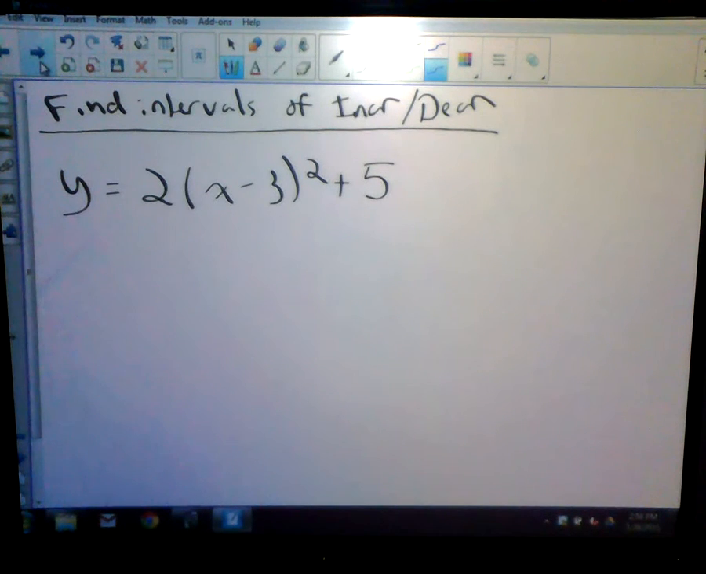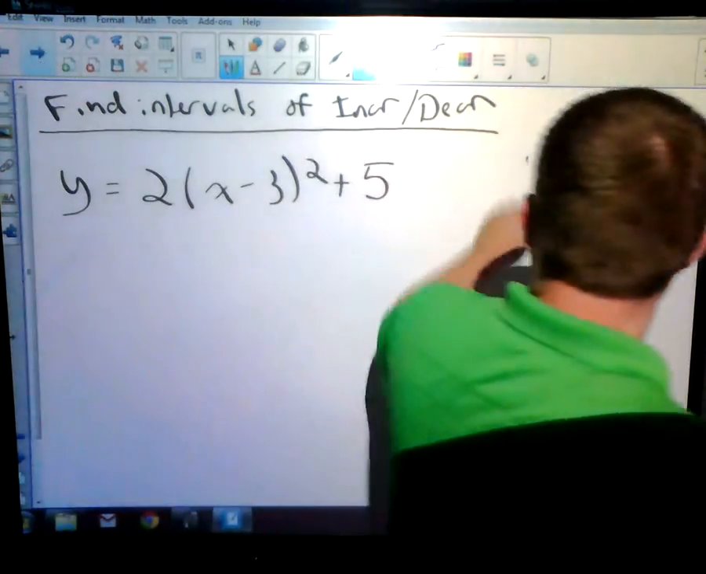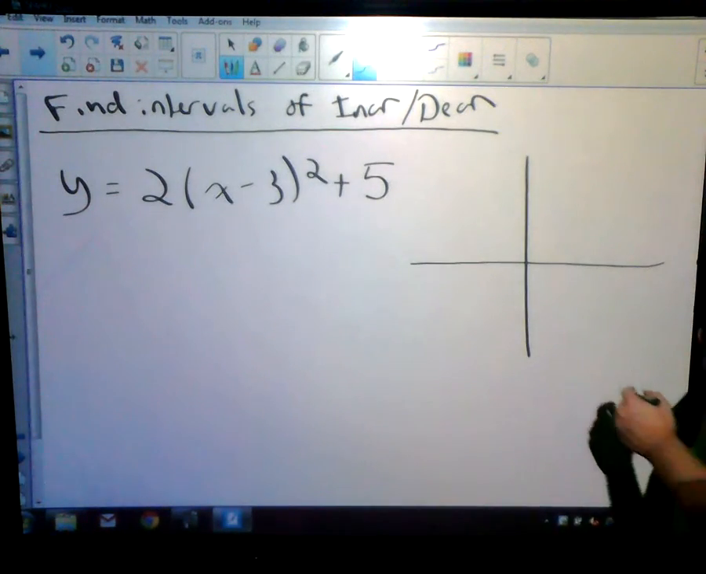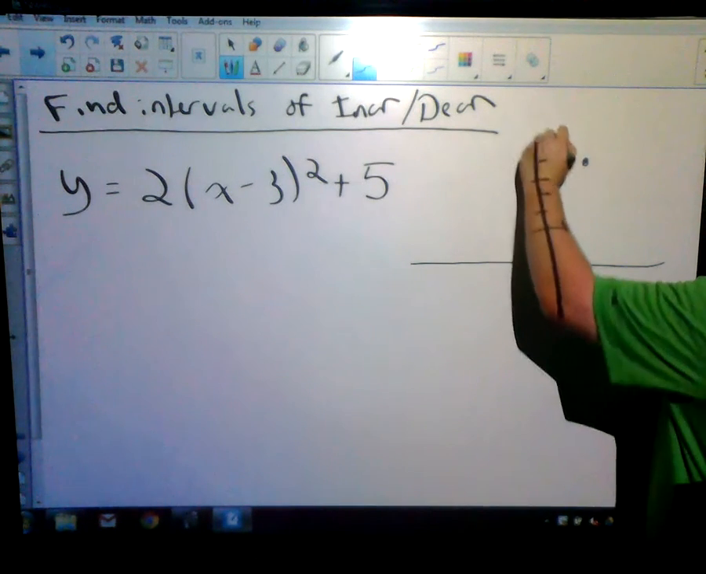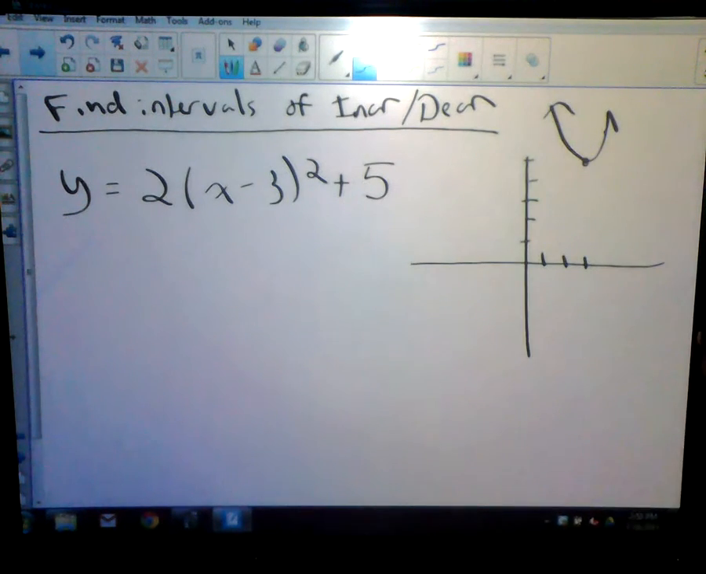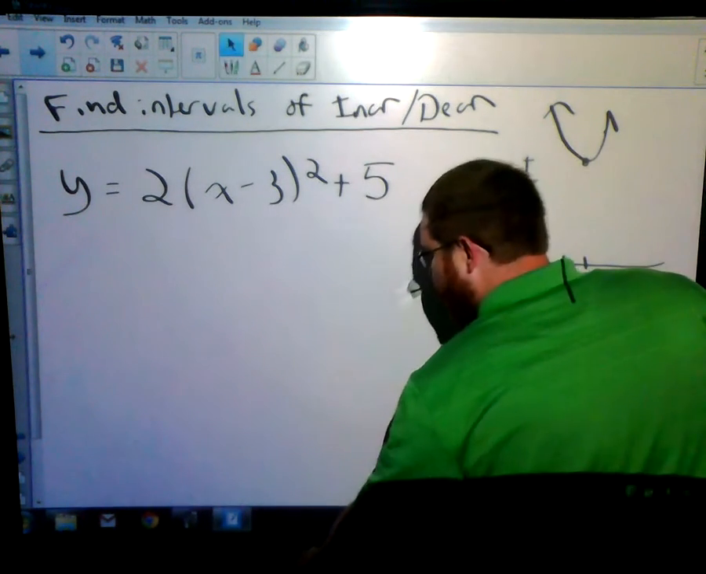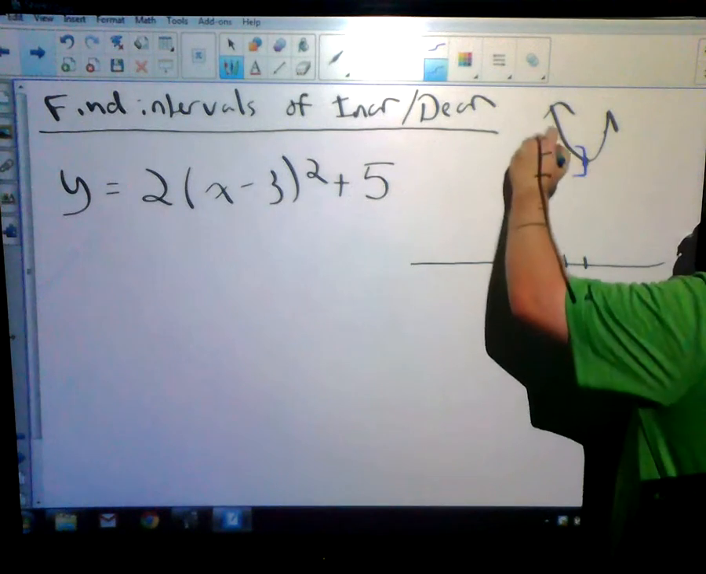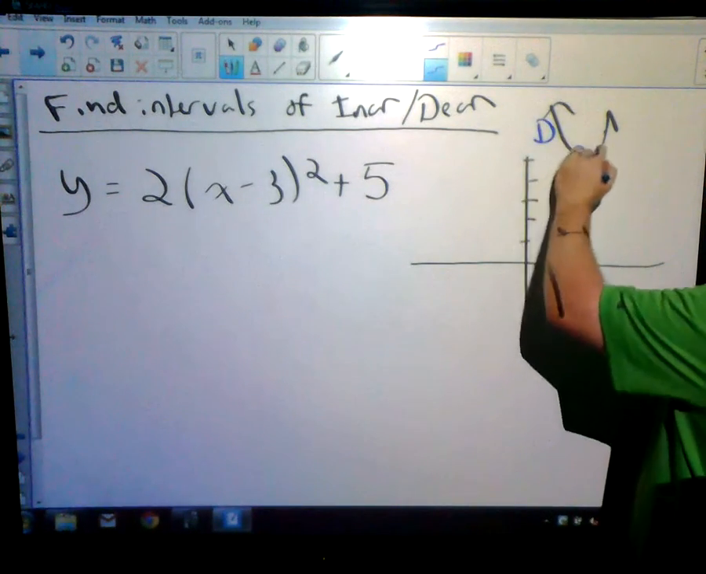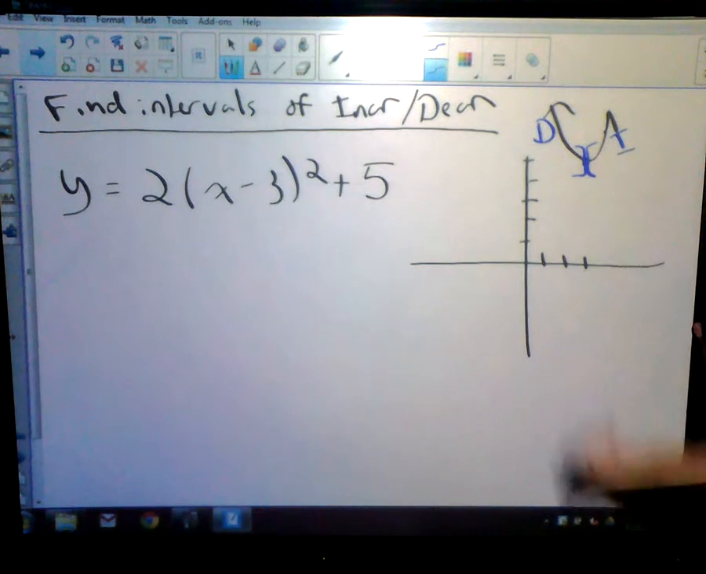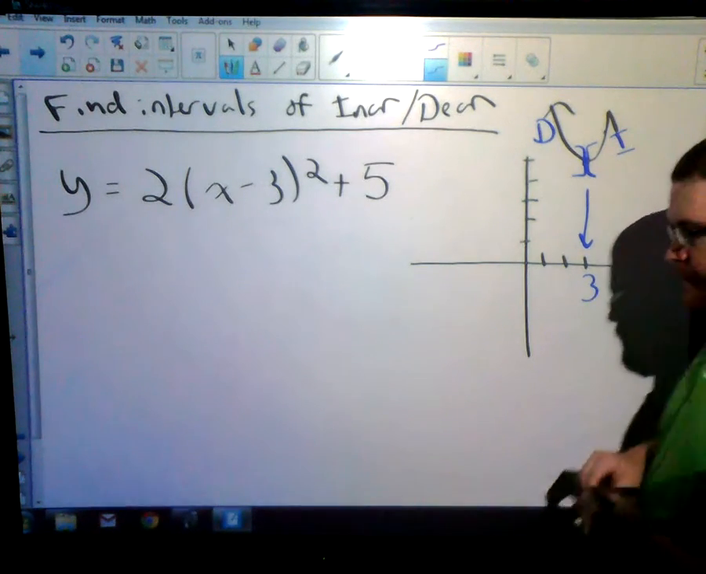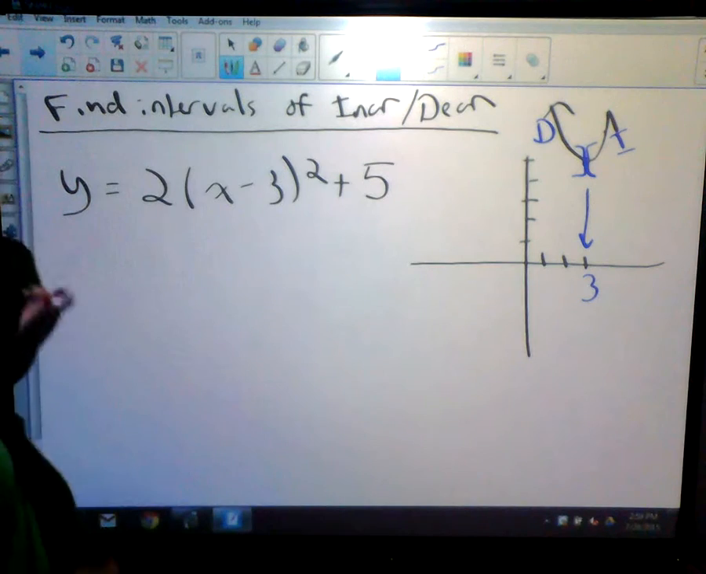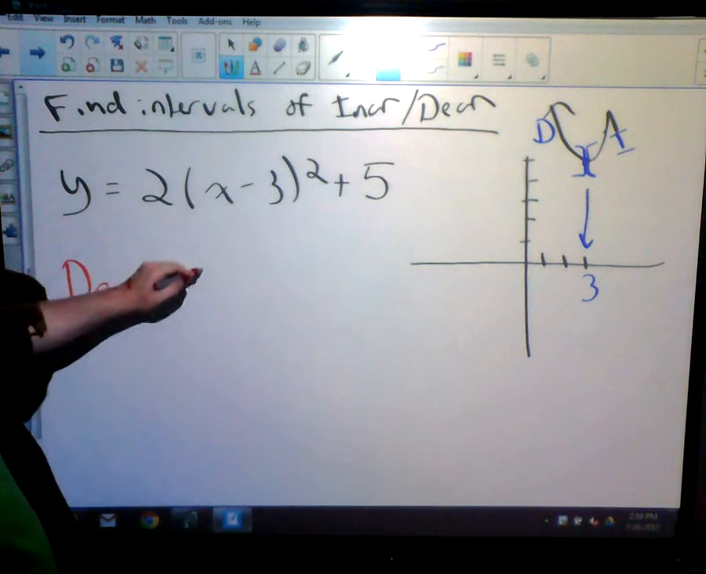Let's take a look at this problem. Find the intervals of increasing and decreasing. Well, let's just sketch a rough idea of what this graph looks like. This is a parabola with a vertex at 3, 5. Looks kind of like this. Okay? What is the first side doing? What is this side doing? It's decreasing. Well, what about this side? It's increasing. What's the x value where it changes directions? At 3. So we say it is decreasing first. From the left side